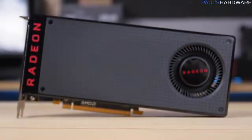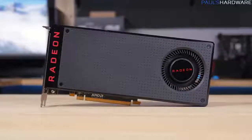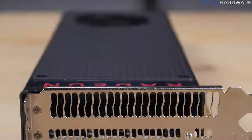Excellent! There's been a massive amount of hype and anticipation around the AMD Radeon RX 480 launch, so now that we can actually review the cards, let me give you guys the short version right up front. The RX 480 is a very good graphics card for $200 or $240 for the 4 or 8 gig versions respectively. Its performance is in the GTX 970 range, and it has some compelling next-gen features to improve VR and